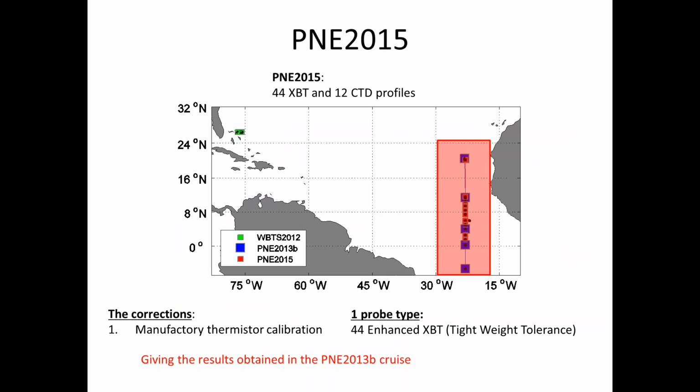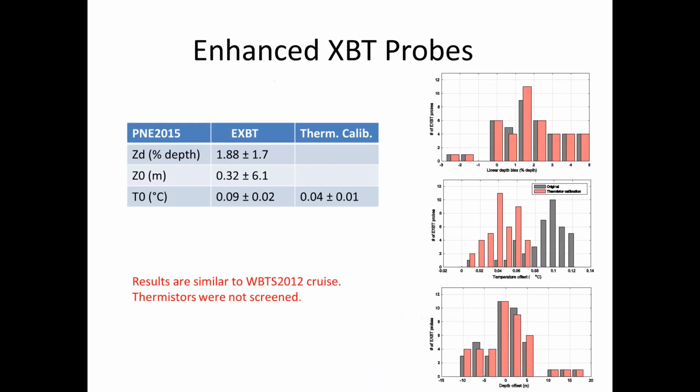we use this information from the PNE cruise, and we use the best correction, that is the thermistor calibration, and the best temperature, that was from the tight weight tolerance, and we put them together and did another cruise just with this probe, and just to see if we confirm the results that we already had. And in this final comparison here, we see that